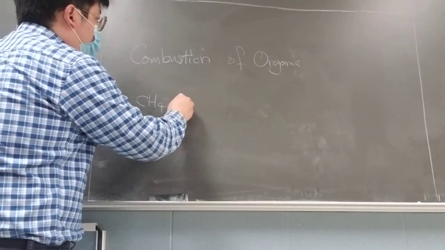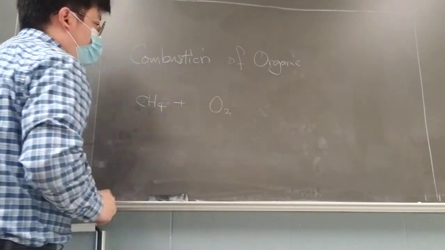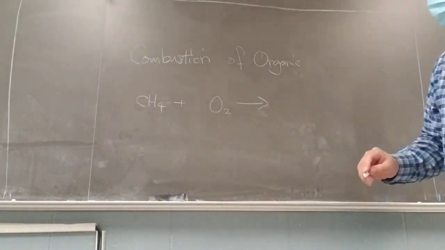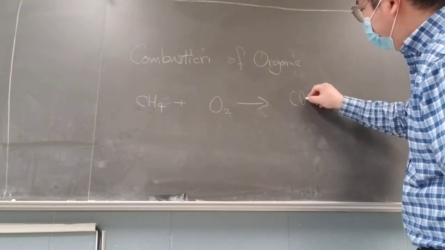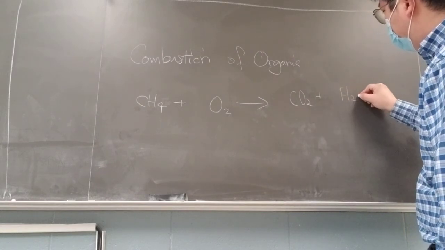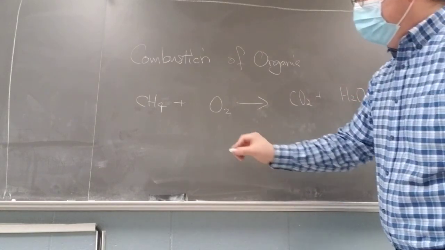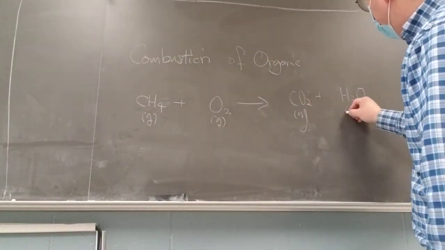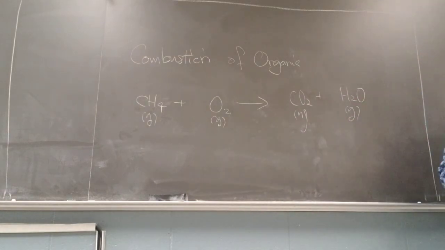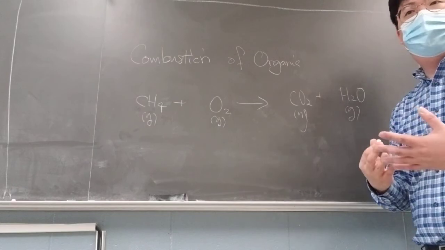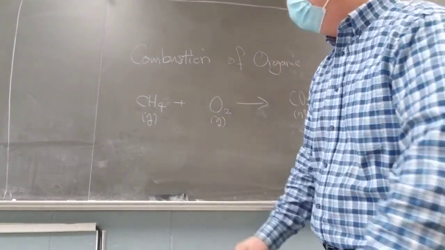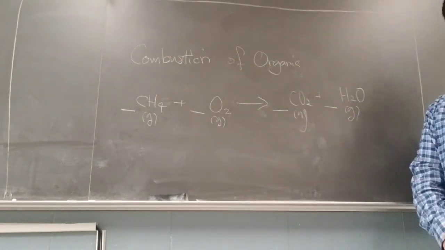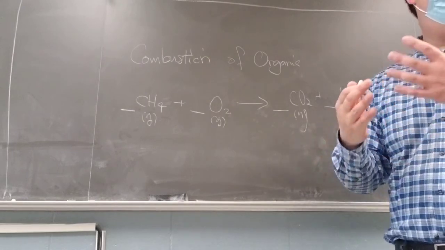Anyway, if you do the combustion reaction, it literally interacts with the oxygen. So we'll create a lot of energy, also in the form of heat. The outcome of those two is simply carbon dioxide and water. So once again, when you do the stoichiometry analysis, you need to know how many of each will make how many carbon dioxide and water. That's the thing we need to solve. So we're going to fill out those coefficient numbers